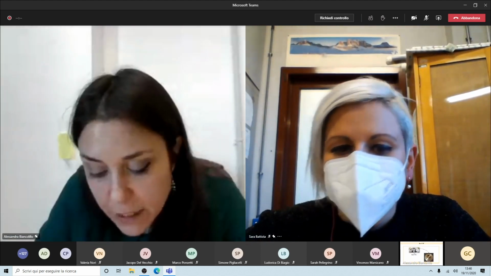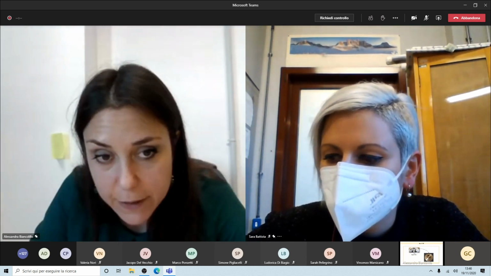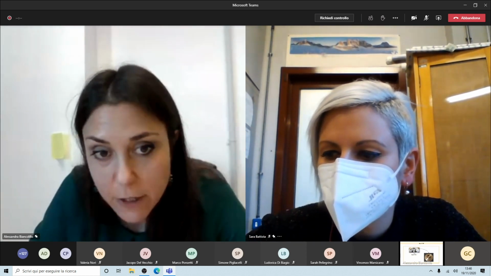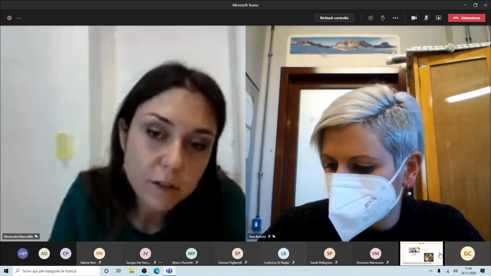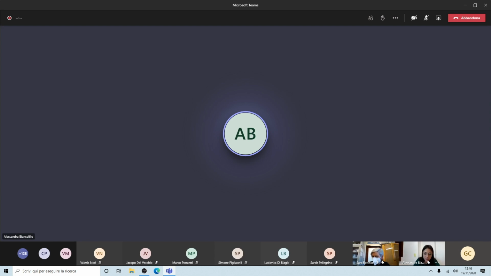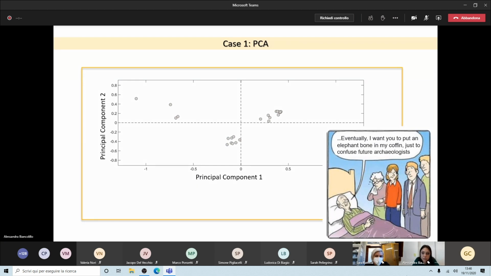So what we did at the beginning was to use a non-destructive method to analyze these findings. We used near-infrared spectroscopy equipped with an integrating sphere, and we collected NIR spectra on these samples. And then we destroyed a very small part of the samples in order to carry out thermogravimetric analysis. After we collected our data, we created a principal component analysis model on this data.